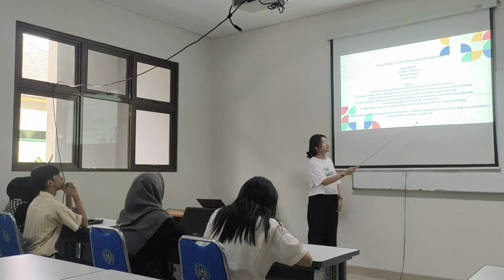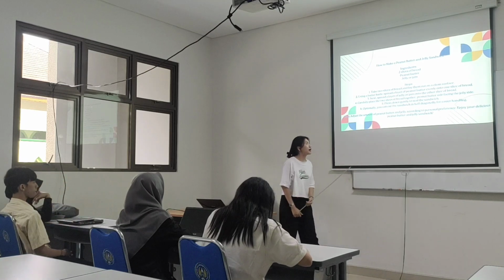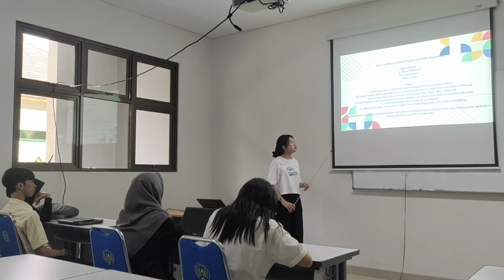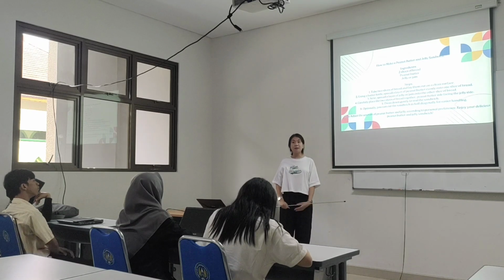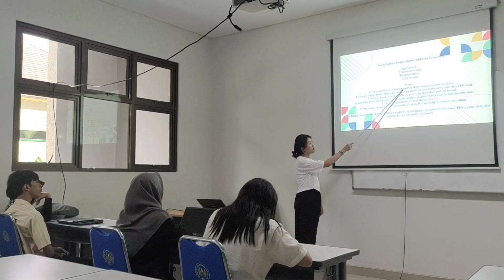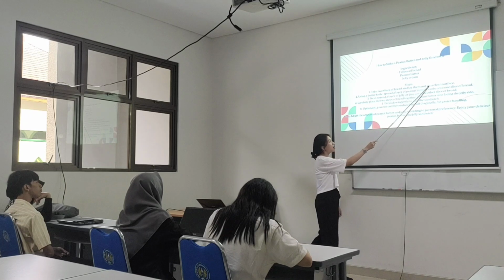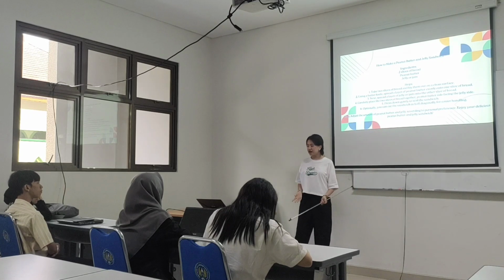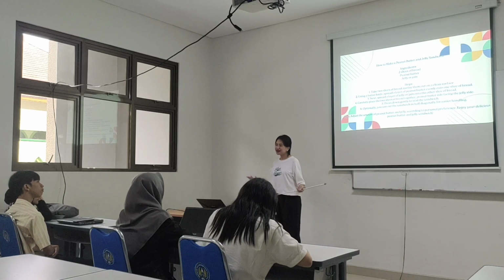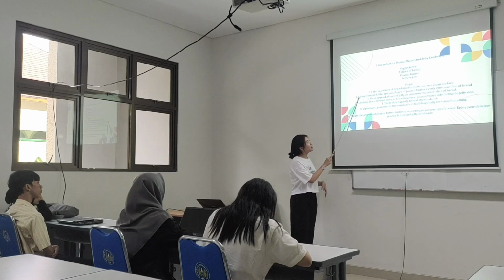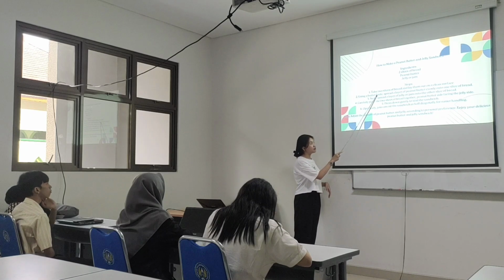So next is the steps. The steps should be sequential from 1 to 6 and so on. So the first one, to make a peanut butter and jelly, we have to take the 2 slices of bread and lay them on a clean surface, like on a plate or a cutting board, whatever it is in English. And then the second one, using a butter knife.